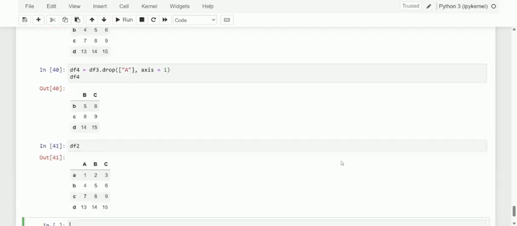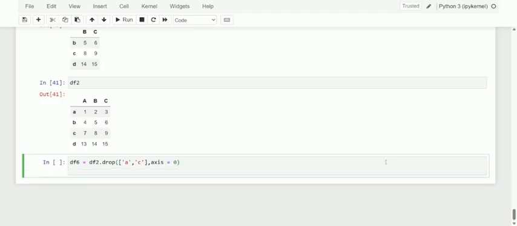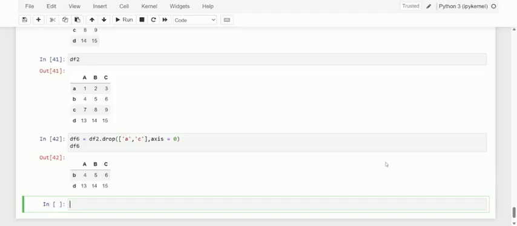Yeah, so in that data frame, I just want to delete, that is drop, of course, here multiple rows. Let me just go for it. First of all, A and C, and of course the axis here is 0. And see here, what is the updated df6? Yeah, here it is.